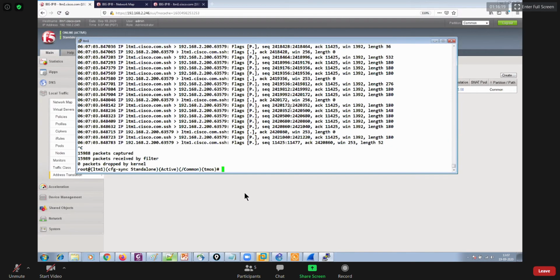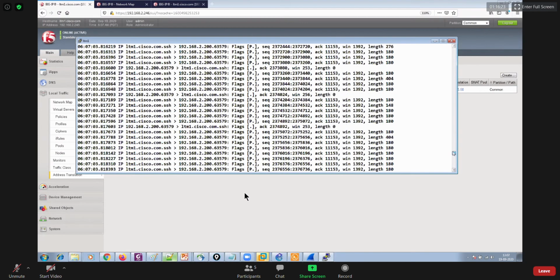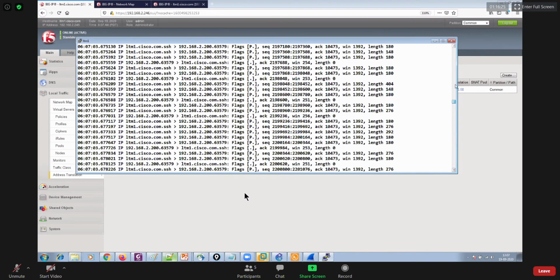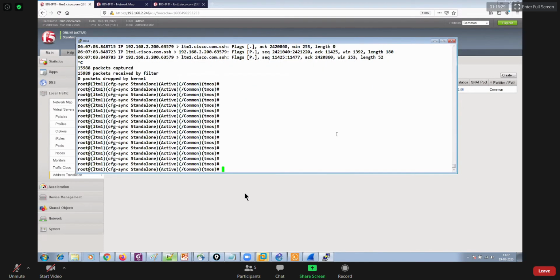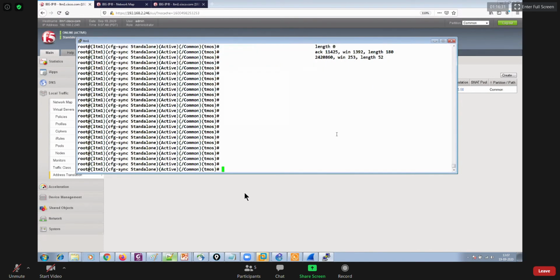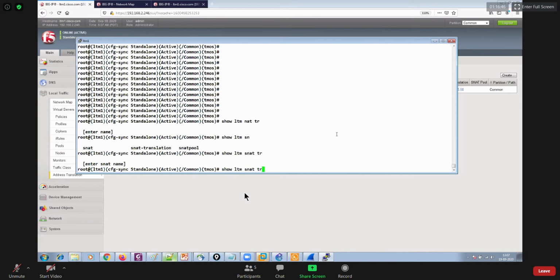Oh my god, actually it even captured the packets for everything here, right? So that's not something which will help us. You could say show LTM NAT, SNAT translation.